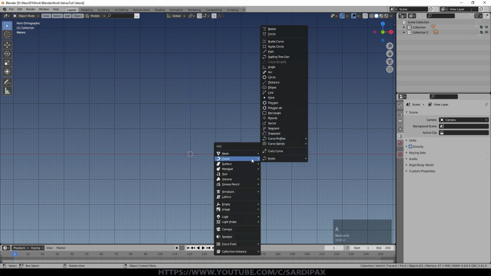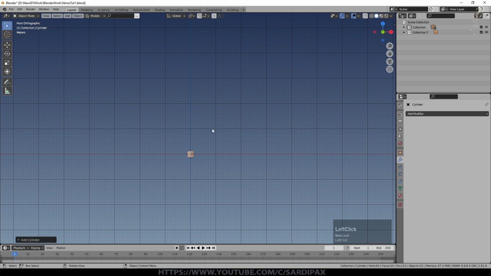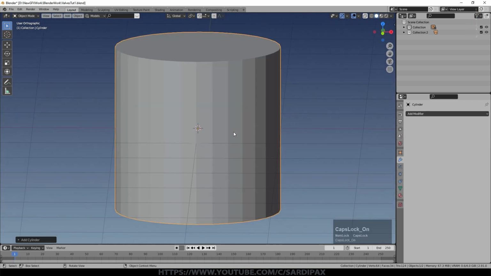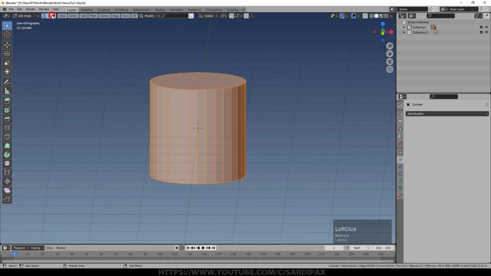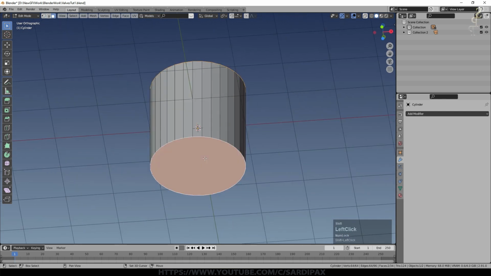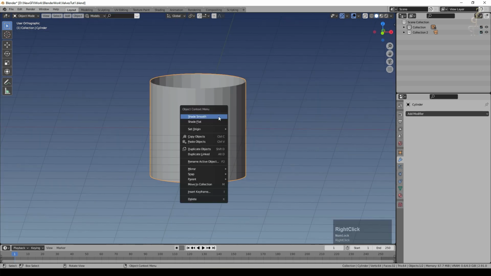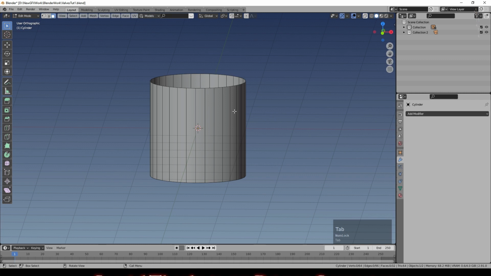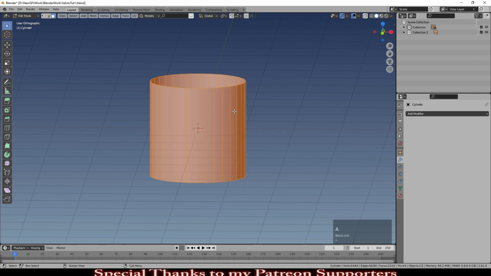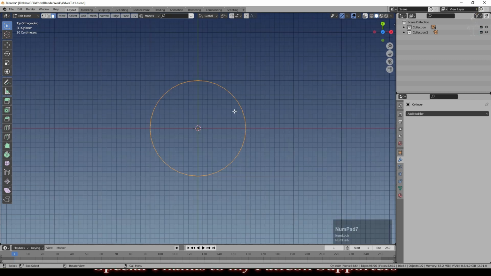So I'm just going to add a simple mesh cylinder to start with, and there it is. And I'm going to go into edit mode, face select mode, and I'm just going to remove those two faces. So we've just got a little segment of cylinder, and I'll set that to shade smooth. Now, because it's difficult to see in orthographic mode, which is what I'm in, when we're looking from above, as you can see there, other than when we've got it selected, in edit mode, I'm going to make sure everything